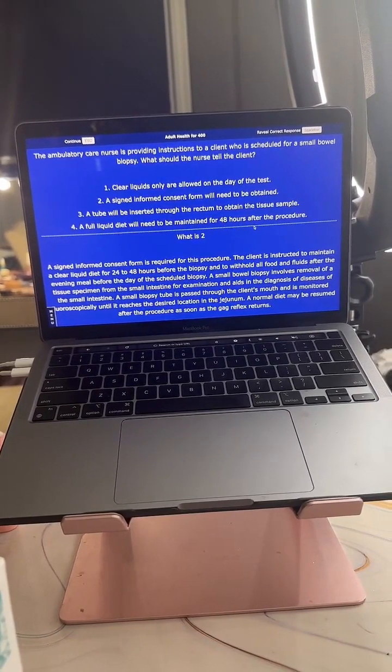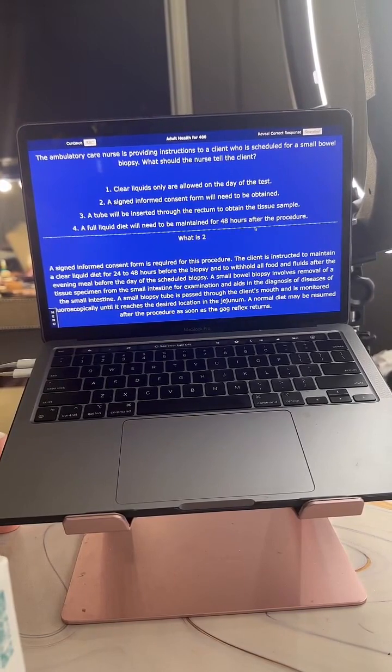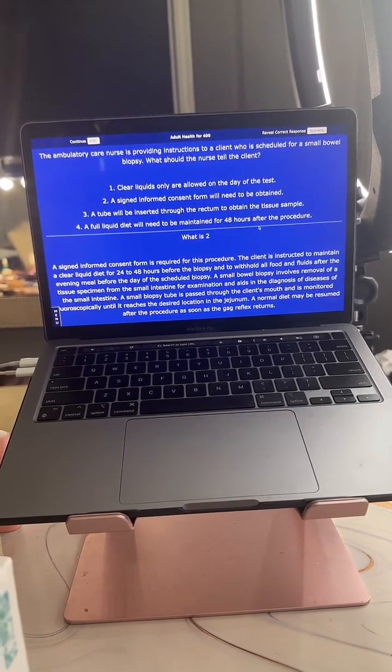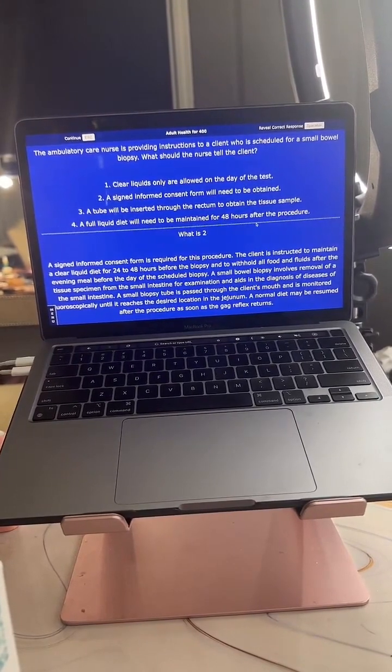Let me see who's the first one to say what is 2. First person to say what is 2 on TikTok is Eusenia22. All right, Eusenia22, great job. You now have 400 points. And then on Instagram, first person to get it is Yes, Ka. All right, Yes, Ka, you already have 400 points. This one's another 400, so now you have 800.